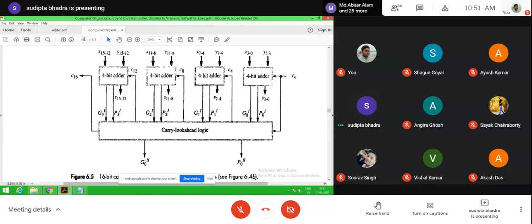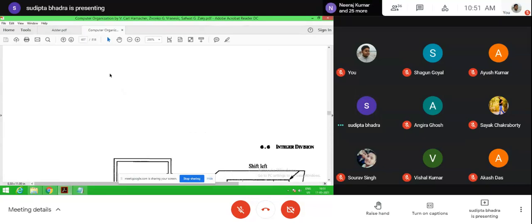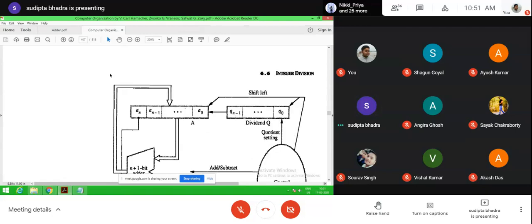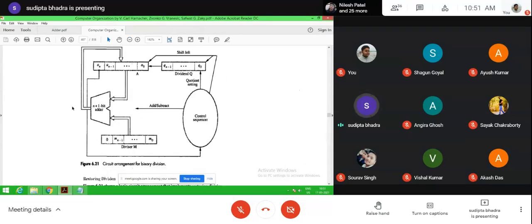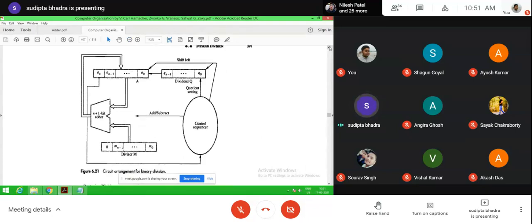Now here, please see page number 407, we have seen the restoring division. In case of restoring division, this is the particular circuit arrangement for binary division.